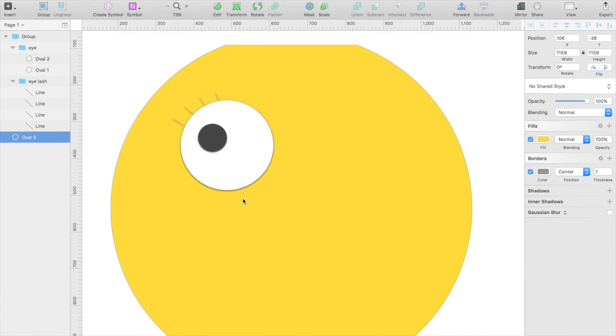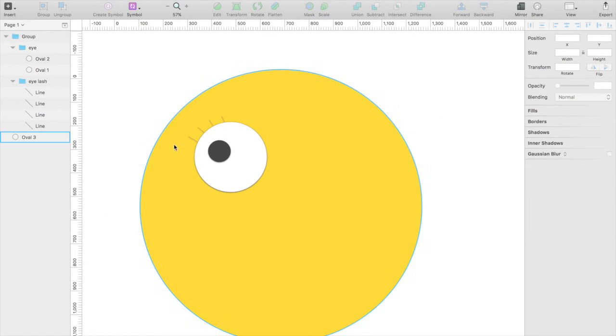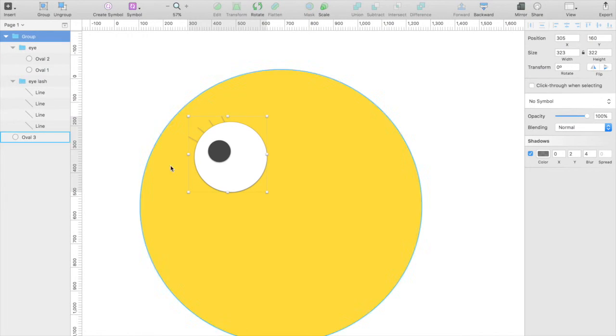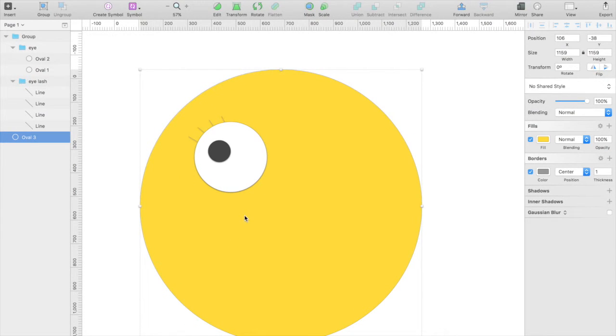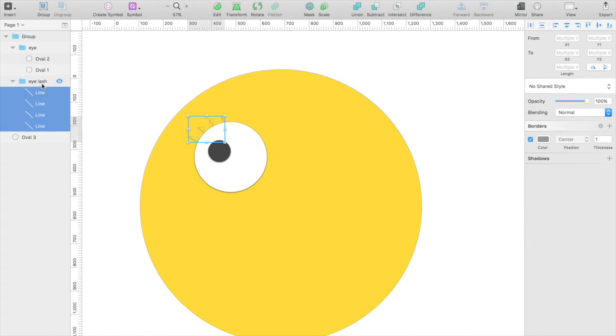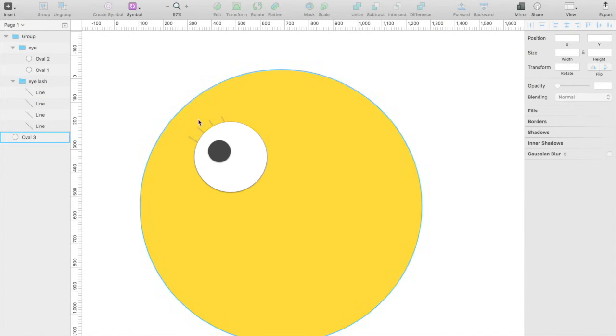So now you see how groups work, and I'm just going to show you real quick how it can make your design easier to work with. So here we have an eye and a face. And if we didn't have these groups, we'd have to select each of these individual eyelashes in each part of the eye and then copy them over to another place. But instead, we can just grab the group